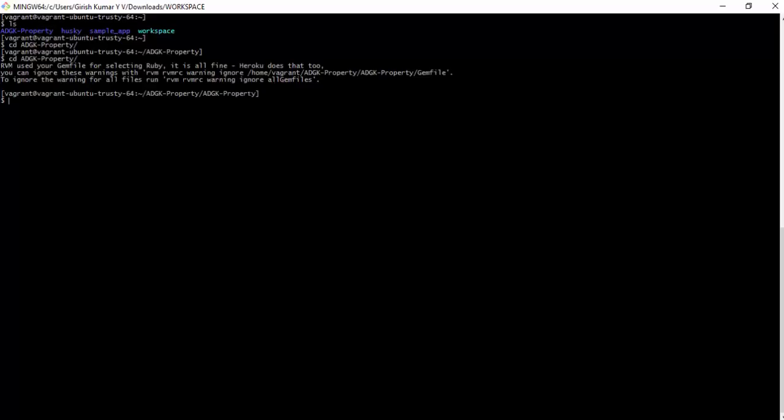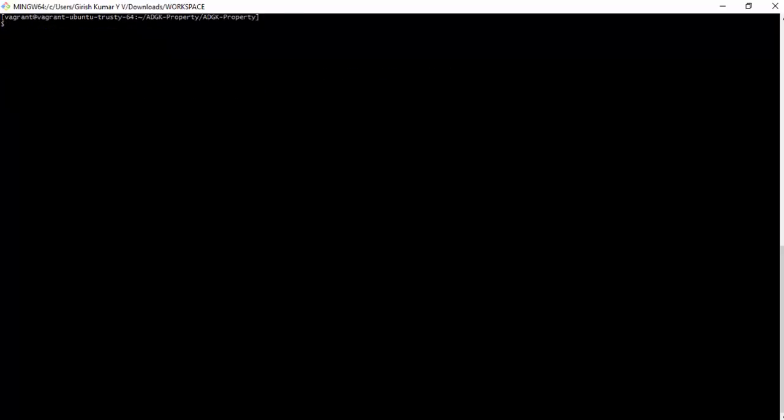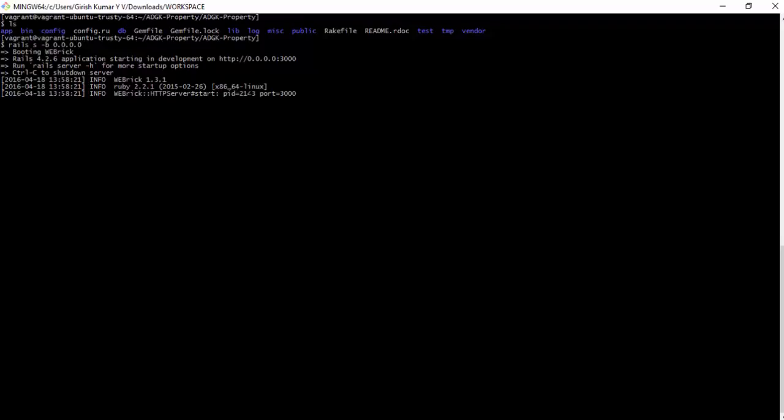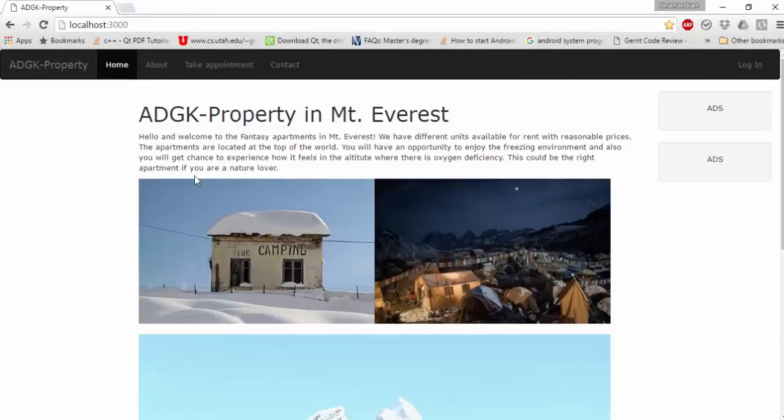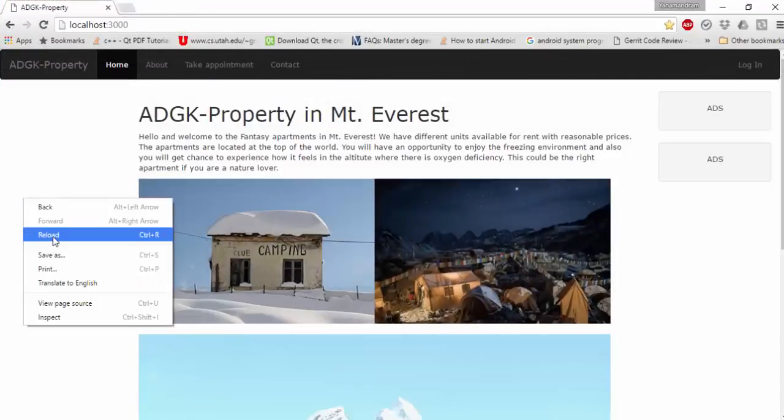So I now enter into our team folder, and without further ado, I'd like to start the Rails server. Right, so the Rails server started up. So now I go here. This is what